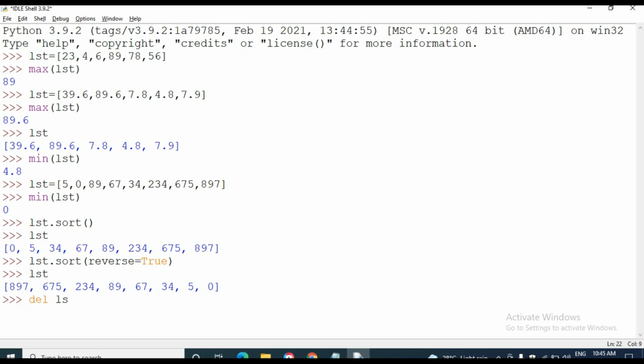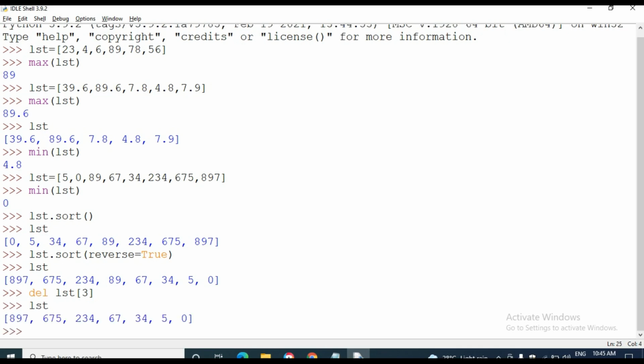Okay, I am going to remove, del of lst. I want to delete the index number 3 element. See, our list is 8, 9, 7, 6, 37, 0, 1, 2, 3. 89 is at the third index position: 0, 1, 2, 3.